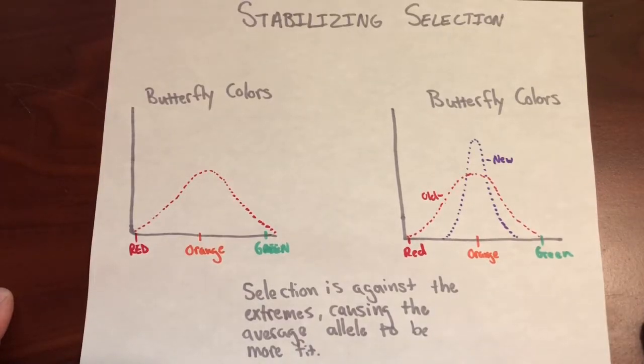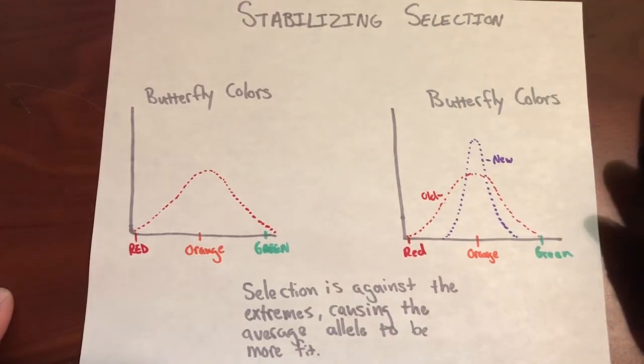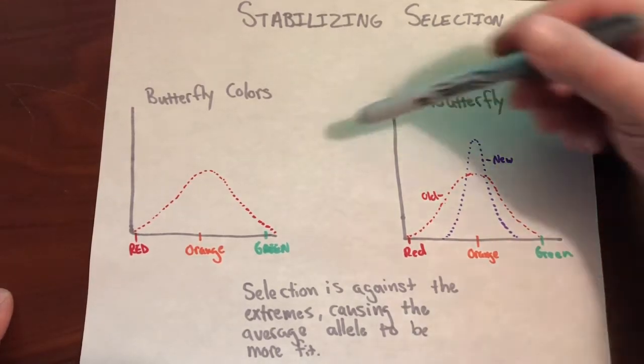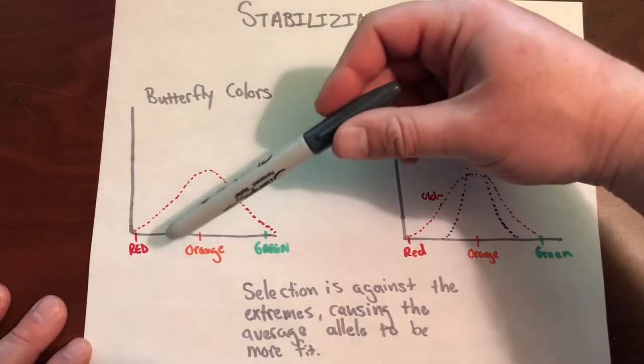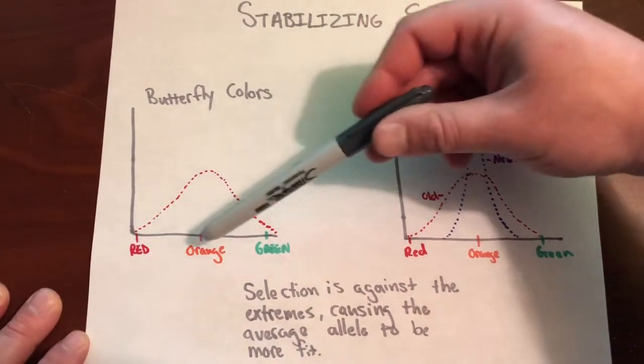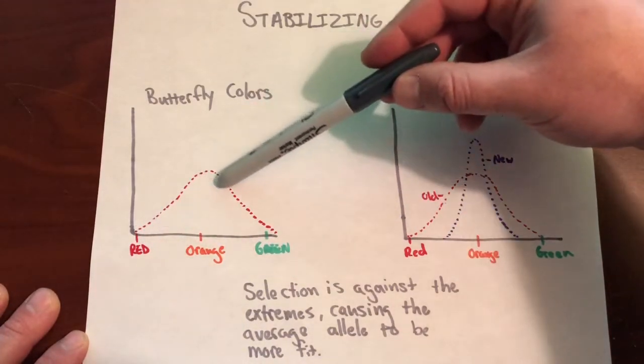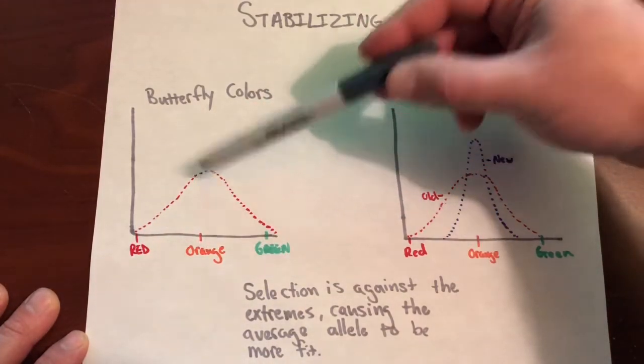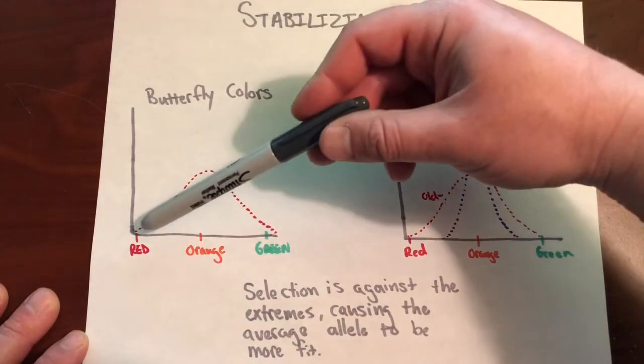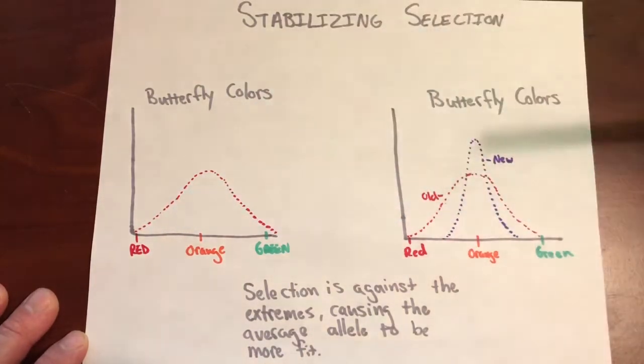Welcome back. So we're talking about natural selection here, and we're talking about populations, and we're looking at some data here. We got some butterfly colors, okay? We're a biologist. We went out to the field. We've made some observations of populations here on this island or wherever, and we can see we have three colors of butterflies: red, orange, and green. And obviously you can see here this is the population number. We can see that orange is the average. There's a lot there, and we don't see a whole lot of red and greens, but there are some there,